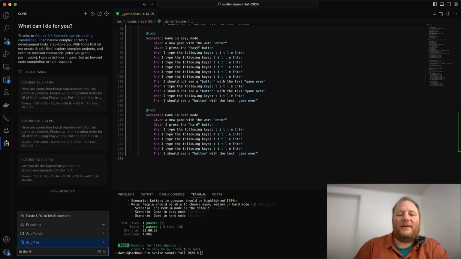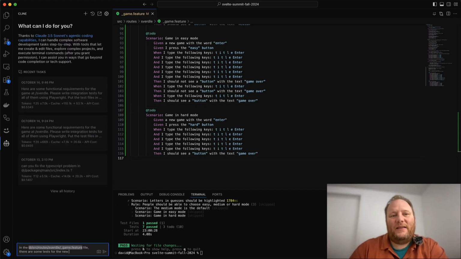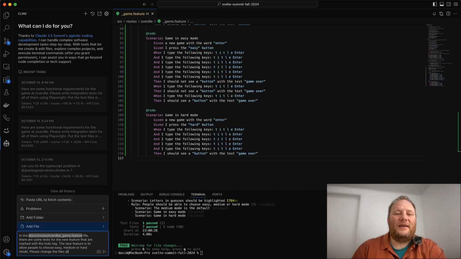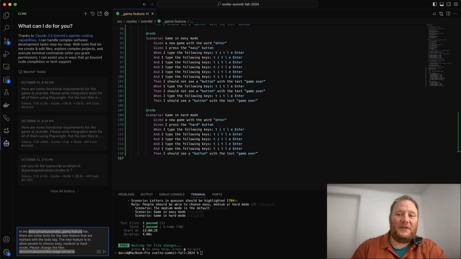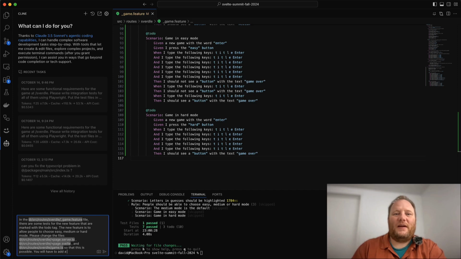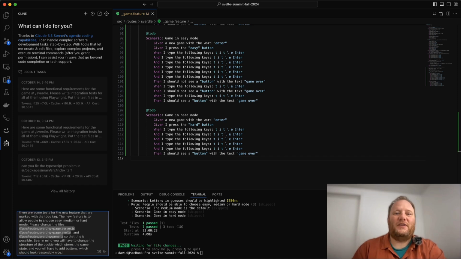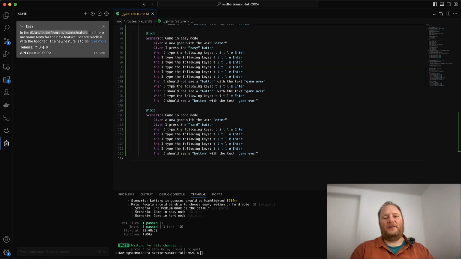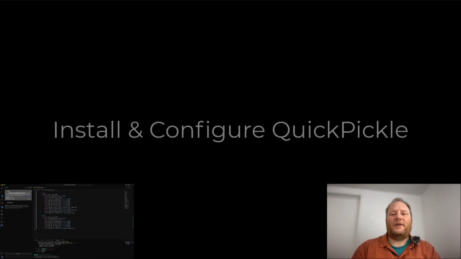So I'm just going to ask Claude, in the feature file, there are some tests for the new feature that are marked with the to-do tag. The new feature is to allow people to choose easy, medium, or hard mode. Please change the files accordingly so that this is possible. Bear in mind you will have to change the structure of the cookie, which stores the game state, and you'll have to add buttons which should look reasonably nice. Just like that, and we'll let Claude work away over here in the corner